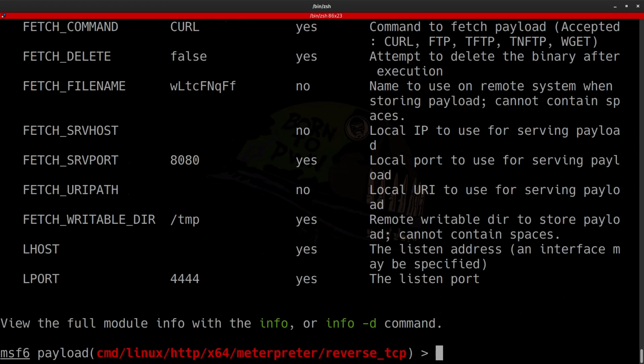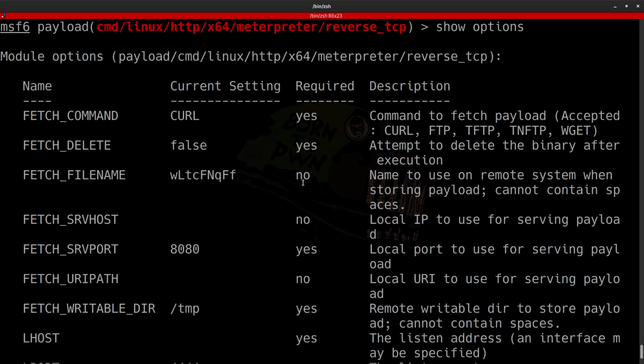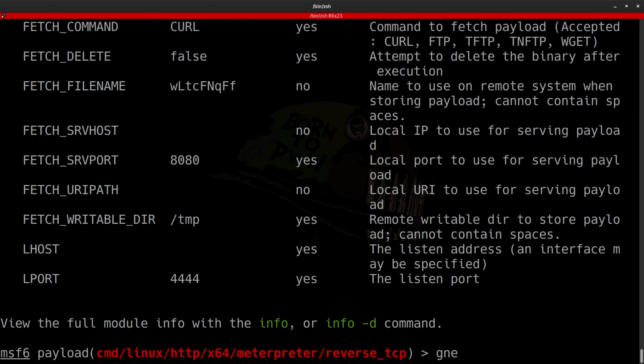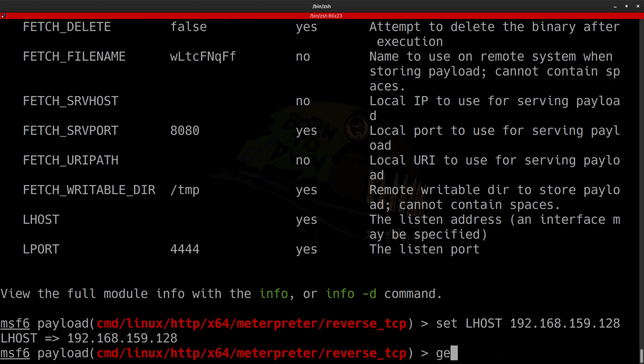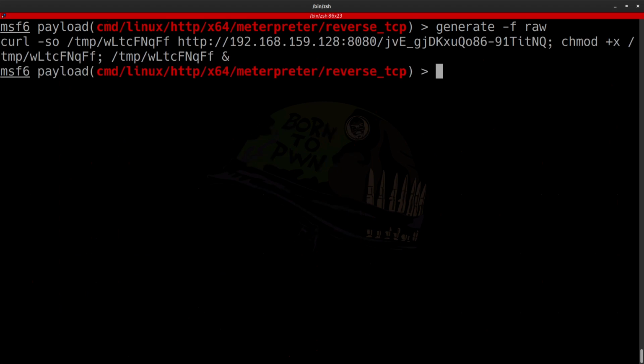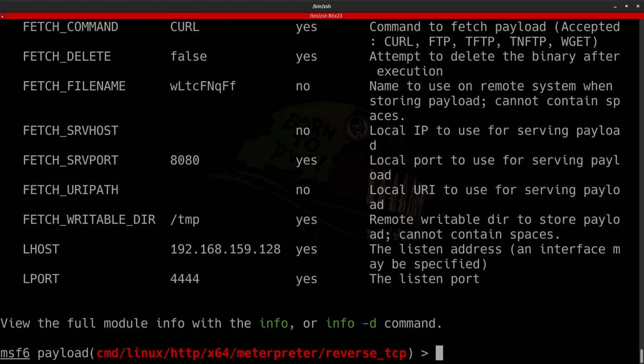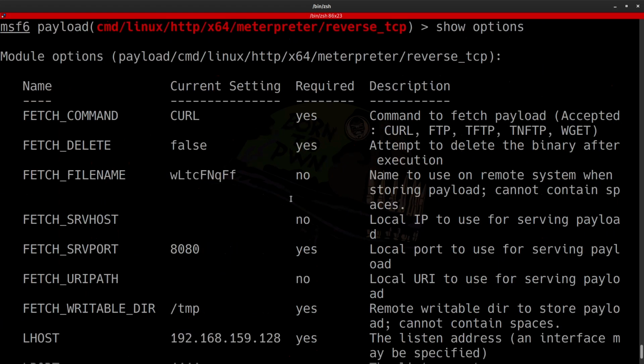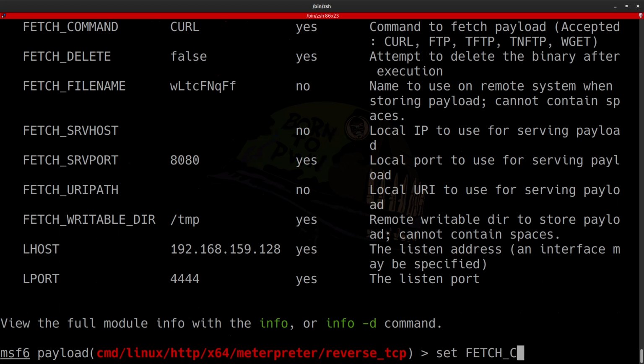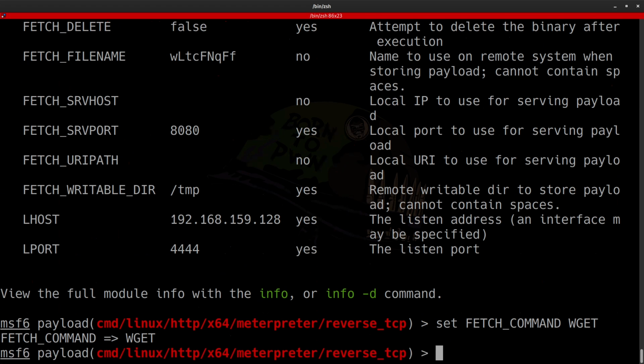So here we have all of our options broken out. We go ahead and set each of those individually. And then once again, once all of the required options have been set, we can go ahead and generate it. We're going to give it that raw flag again, and we have our curl one-liner. Now, if we wanted to change this out, we can go ahead and set fetch command to wget, run